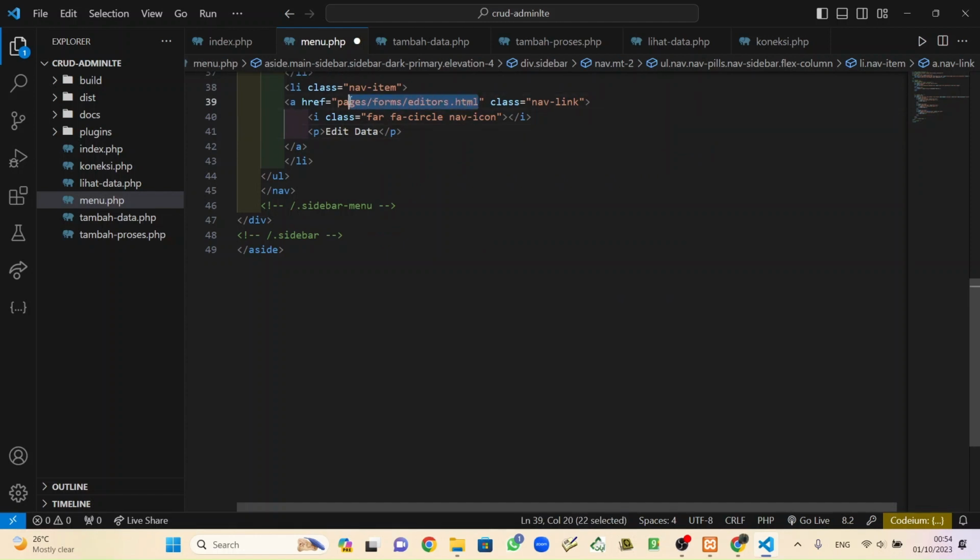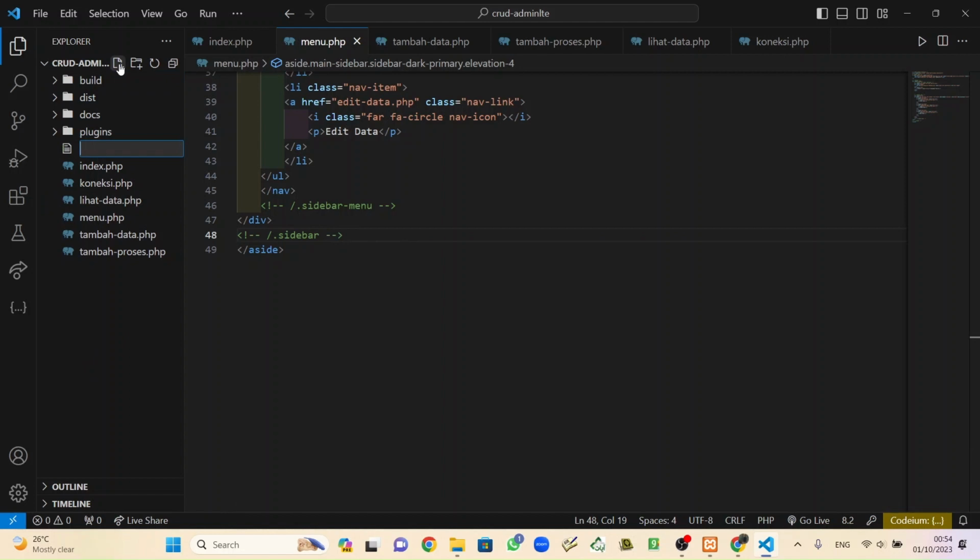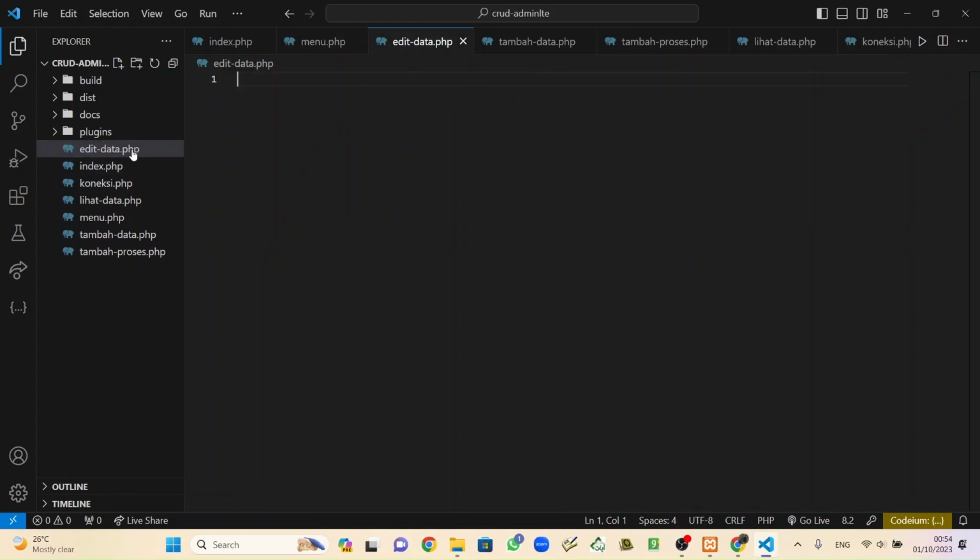and we'll redirect that to the edit data.php. We haven't made it yet, we'll make it now. Make edit data php. Okay.